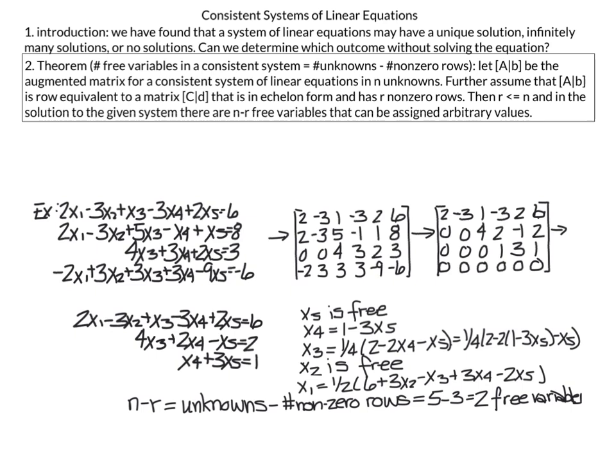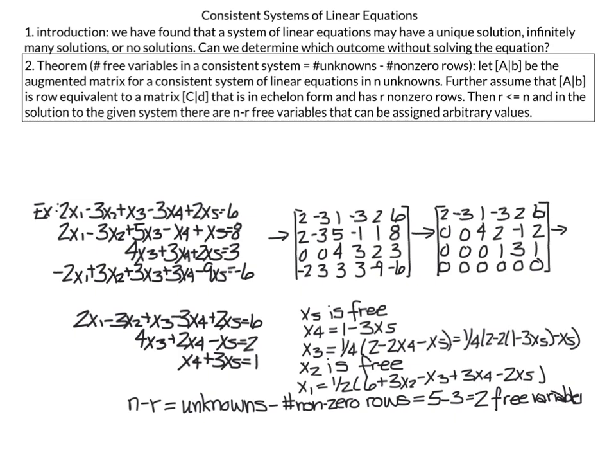So when I look at this, I can make x5 my free variable and then solve for x4 in terms of x5. Then I solve for x3 in terms of x4 and x5, but then for x4, I can plug in what I solved for in terms of x5, so I can get x3 totally in terms of x5. But what you see here, when I try to solve for x1, I can solve in terms of x5, and x4 and x3 can also be put in terms of x5, but x2 cannot. So x2 I'm going to let be another free variable, and then I can solve x1 in terms of x5